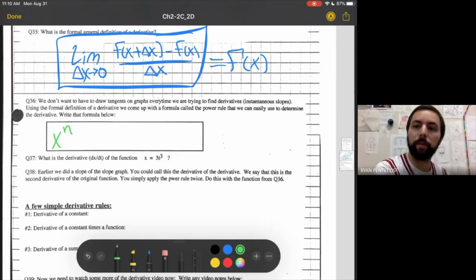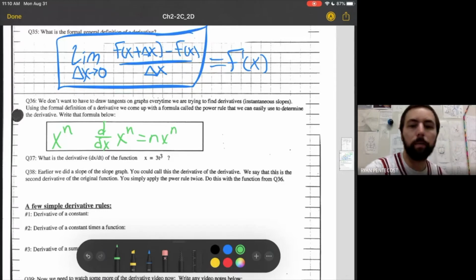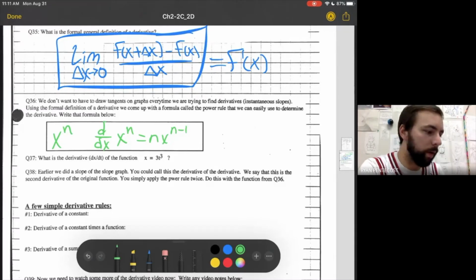So to take the derivative of some x to the n, that is shown by d over dx. You take the derivative with respect to x of x to the n. That would be nx to the n minus 1 power, and that is the power rule. What that means is you take the exponent, bring that down and multiply it, and then you reduce your exponent by 1. Now, as a quick example, question 37 says, what is the derivative dx dt of the function x